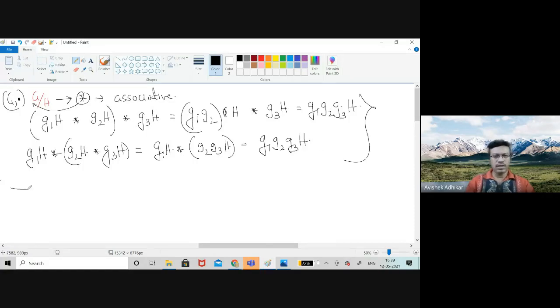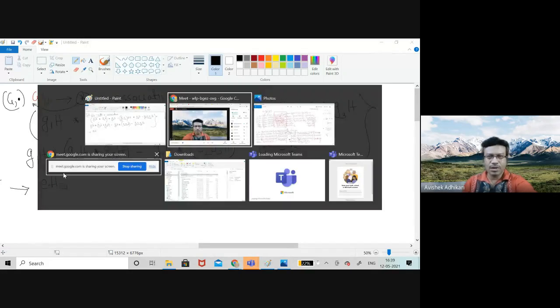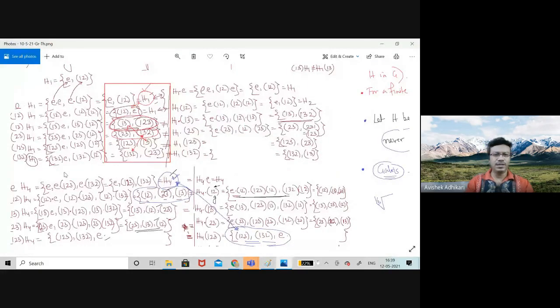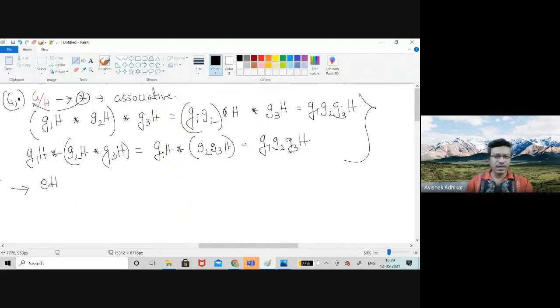So what do you think, who will be the identity element here? H. Very good. So E dot H, and in our last example you have seen that E dot H gives you basically the original H back. So formally, writing E dot H should be the identity element, but that is the same as H. So this is the identity element